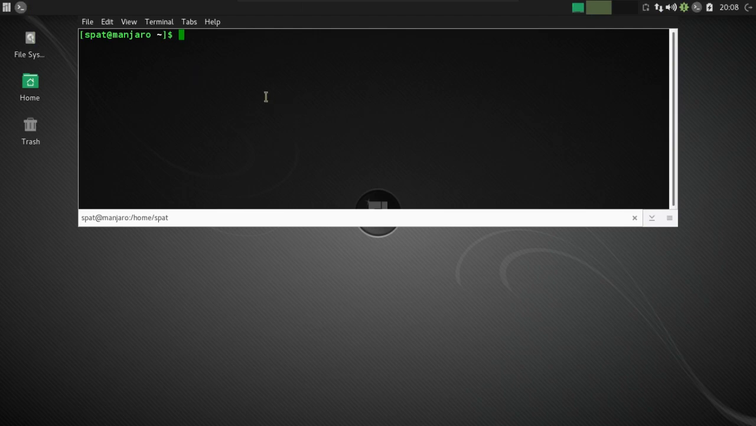Okay, for running a system update, I prefer to use this method that I'm about to show you. It's a simple little command and it's very easy to remember. sudo pacman -S